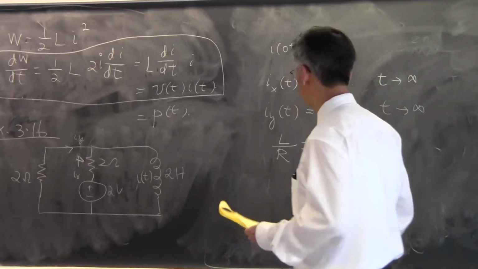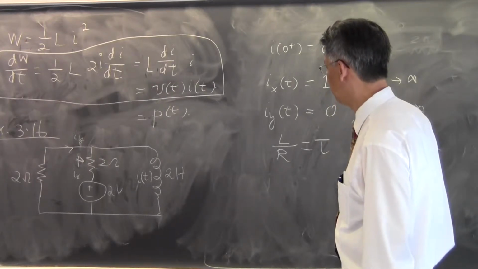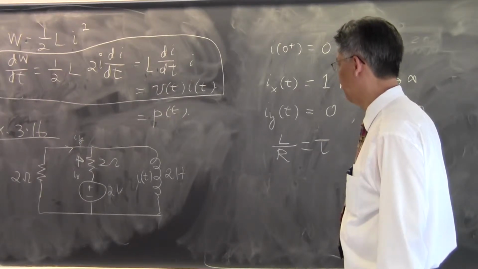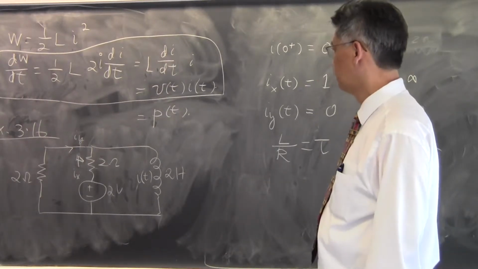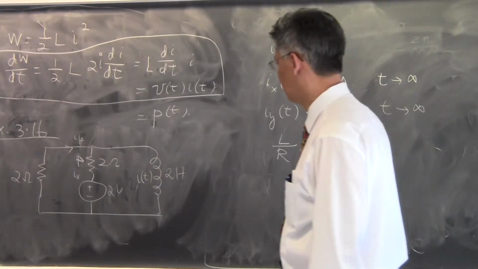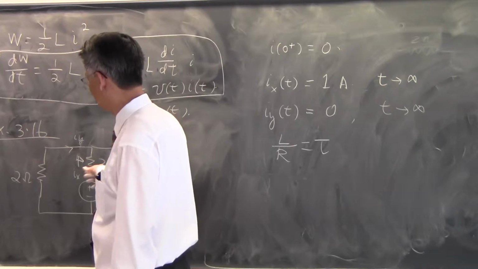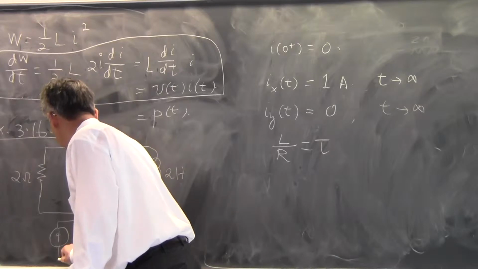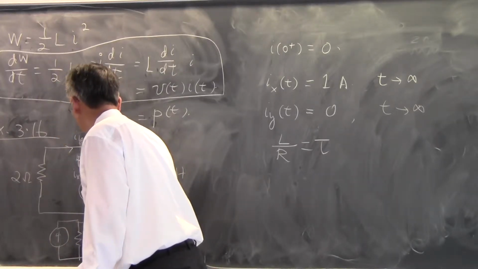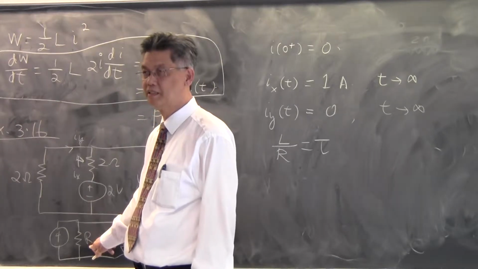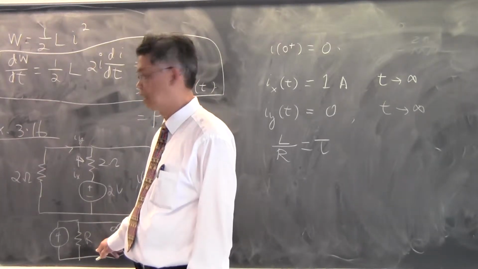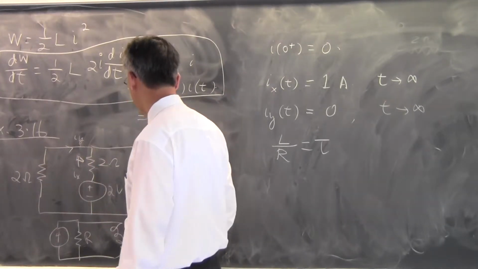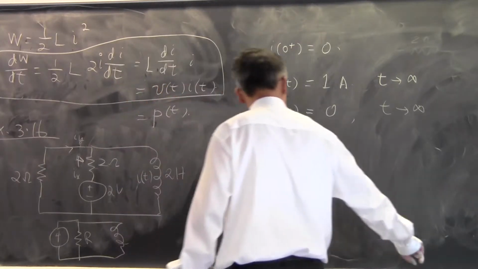Which is the time constant of this circuit, 2 Henry divided by what? You can figure this out with the Norton equivalent if you want to. You can replace this with the Norton equivalent, and then you will finally get something that looks like this. What is this resistor over here that you think it should be? Not 2, right? I do it two times. 1 ohm, right? This should be 1 ohm because the first time I replace it with the Norton,